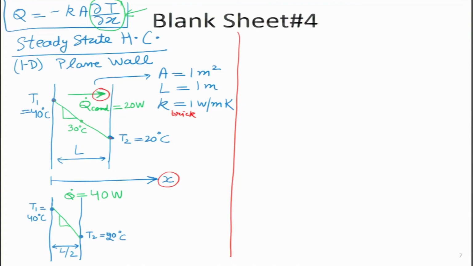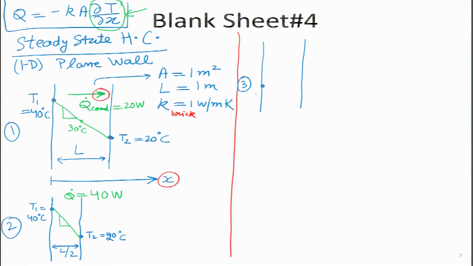So, while we are reducing the thickness of the wall by half, we are actually reducing the thermal resistance by half. So, let us continue in this direction and try and see what are the different cases that we can think of. So, I will label them. This is the first case, case 1, then this was case 2. Now, I am on case 3, which is same as case 1, but I just reverse the 2 temperatures.